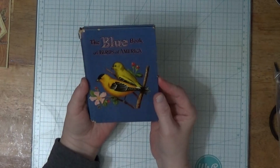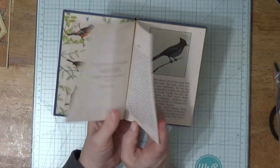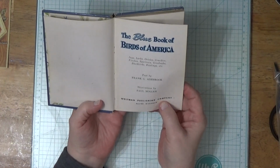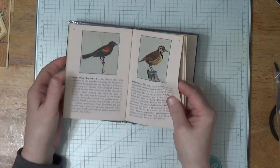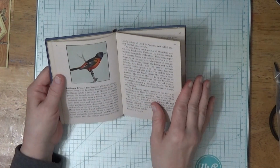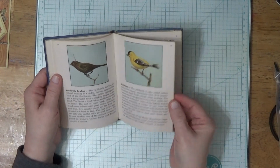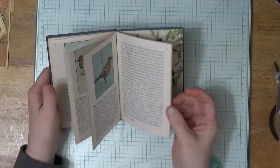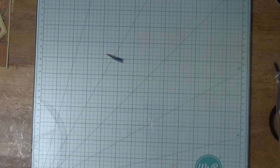Okay. So then I found the Blue Book of Birds of America. I've never seen these. I only got one. There was a yellow book, a green book, and a red book, I think. It's a Whitman. But it's in Roman numerals. The pictures are okay, but they don't do very much for me. They're okay, but I'm not crazy over them. And I was about to buy all 4 of them, but then I found something else that made me think I don't need all 4 of those because...